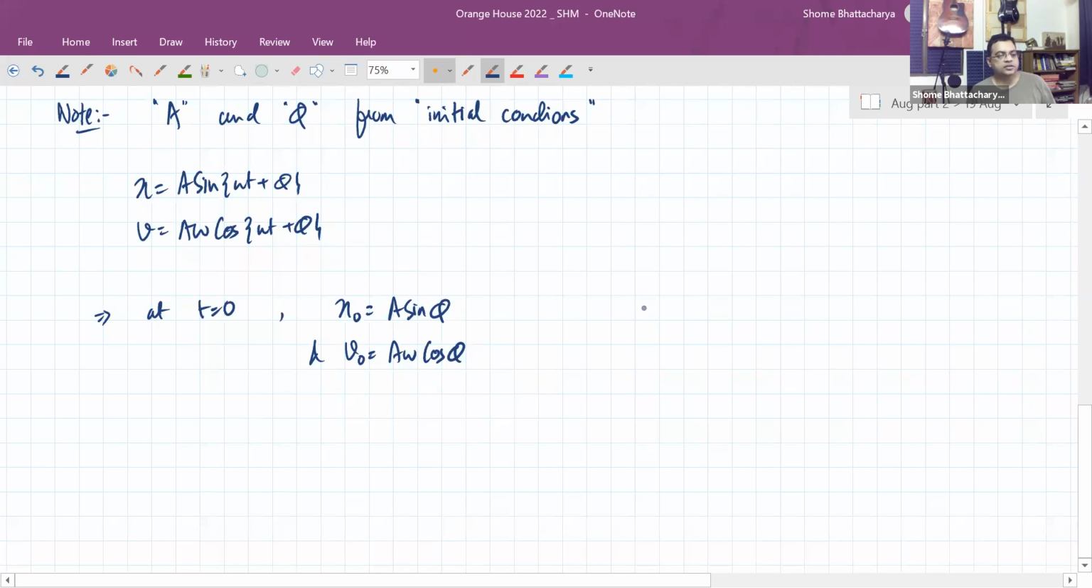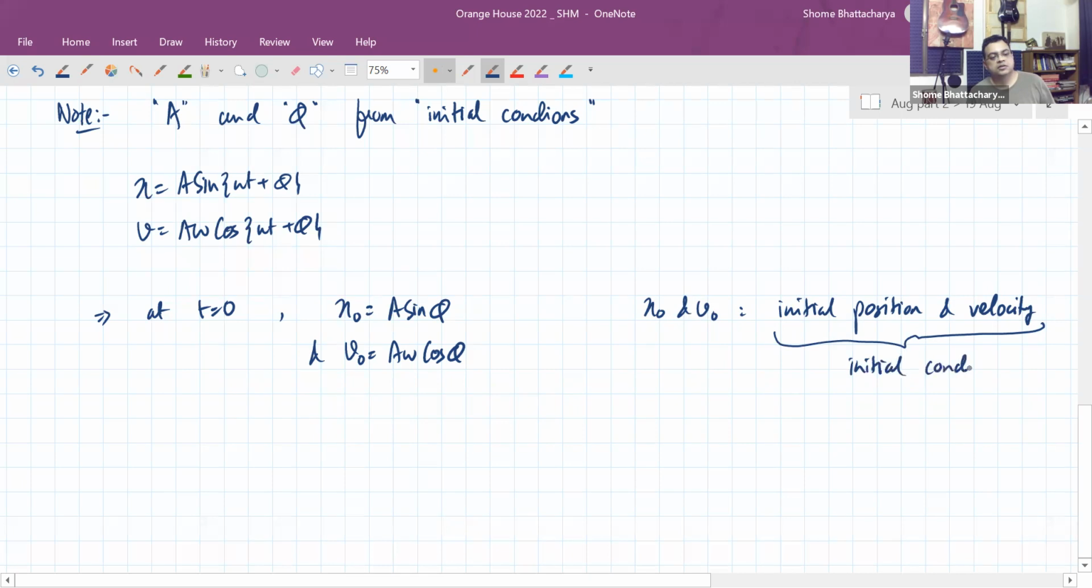Okay, so x naught and v naught, they are the initial position and velocity, and therefore collectively we say that they are the initial conditions, the initial condition from which the motion starts, or you can say the initial state. So now from this, you can see that